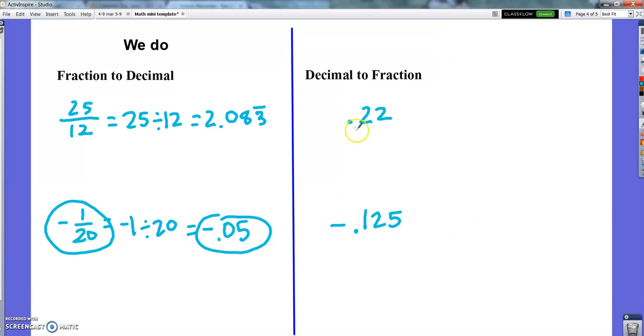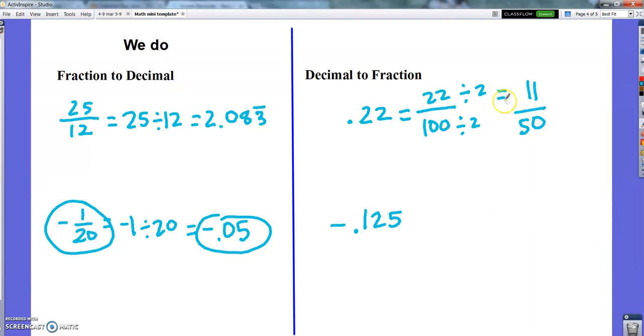All right, let's go the other way. Decimal to fraction. So if you know how to say it, you know how to do it. 22/100 is the same as 22/100. Pretty handy, right? Same number, same value. And I would say stop there, except we like to get to the lowest common equivalent fraction. So like I look at this and I see I can divide both of these by 2 and get